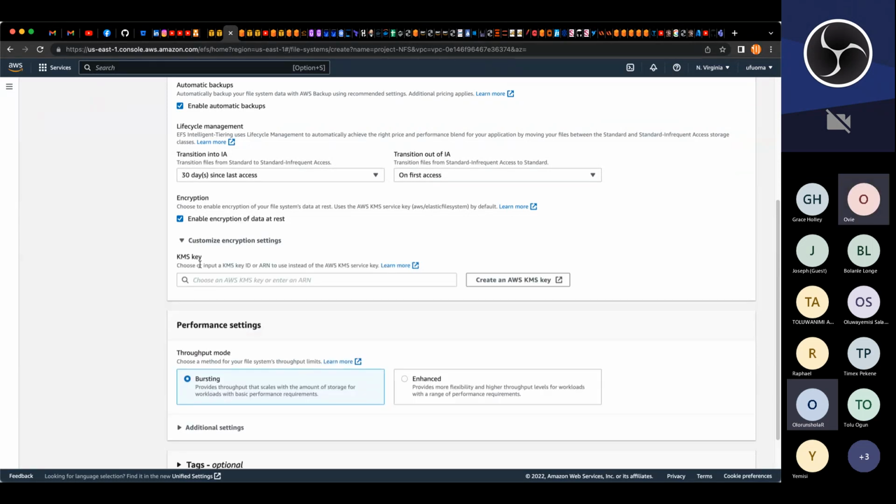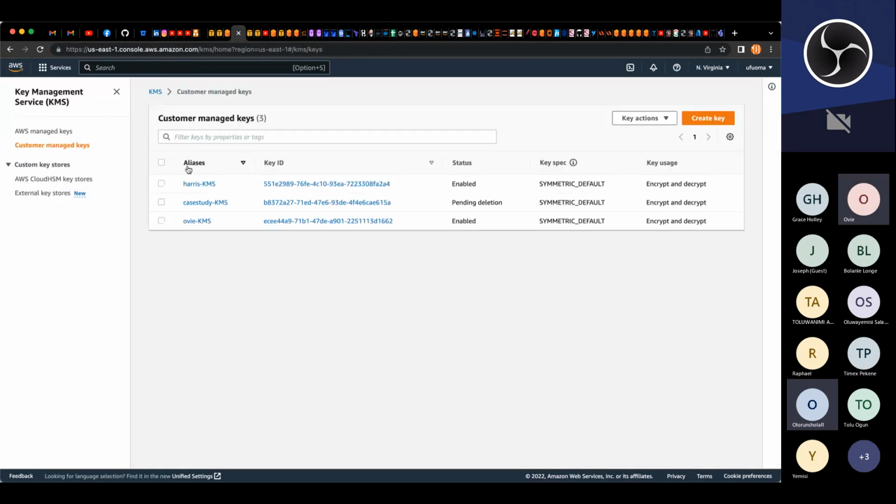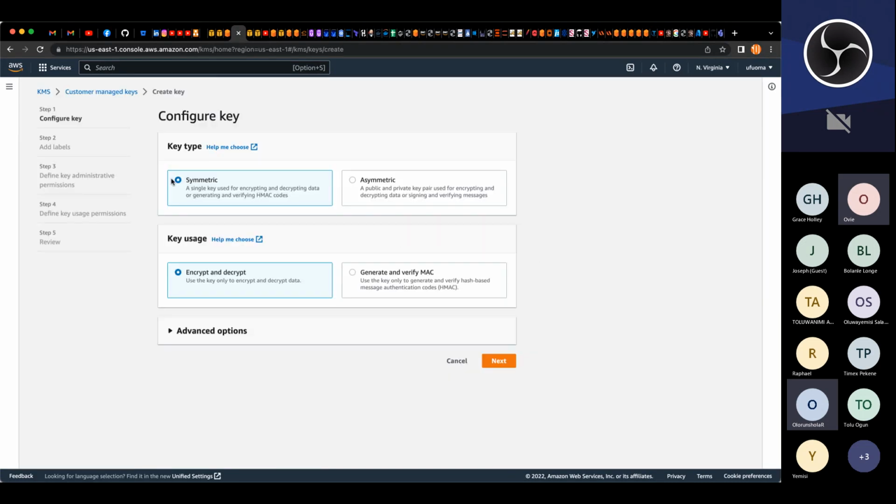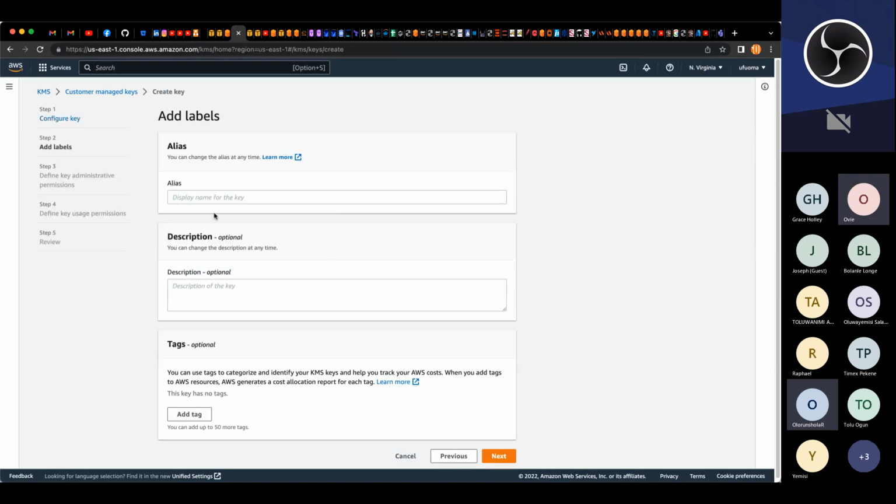we have not created our key, our KMS. So let's go to KMS console, right? This is KMS as our key service. We'll create the key. All these are just to ensure security, encryption. We leave it as symmetric, and then we click next. We give it an alias name,